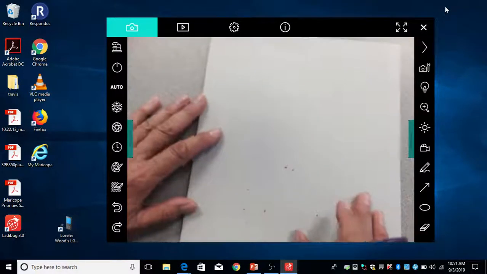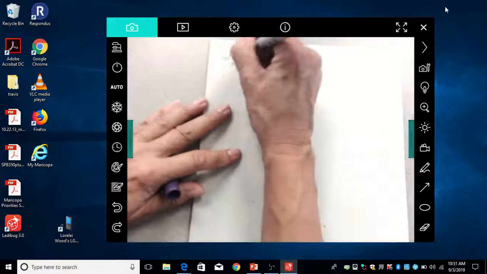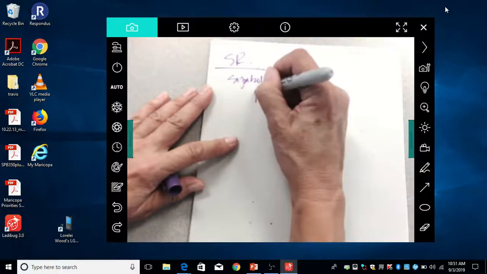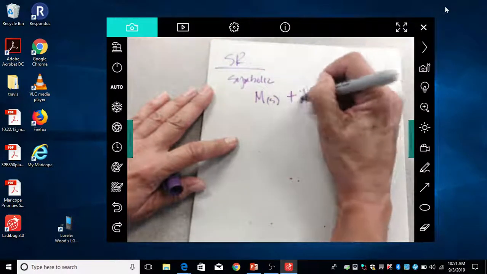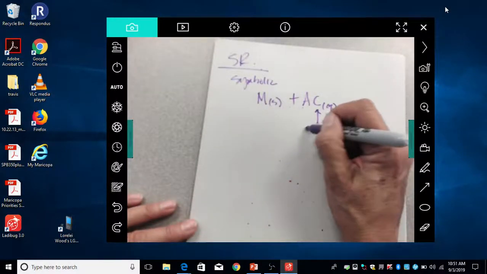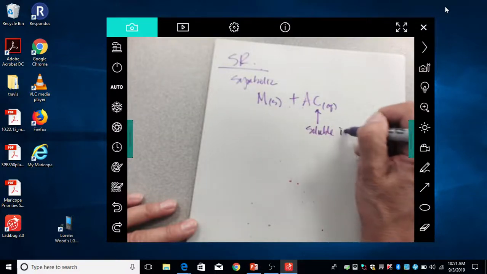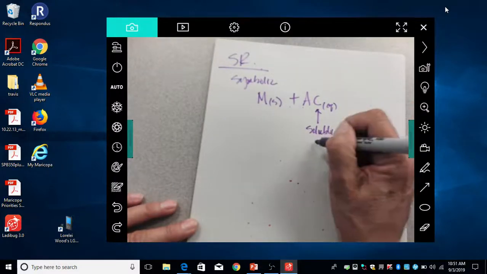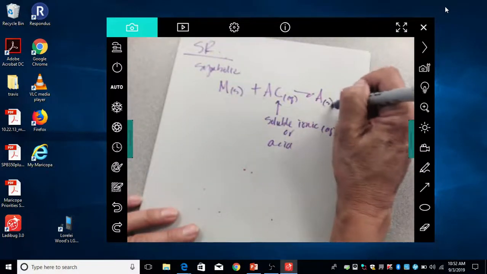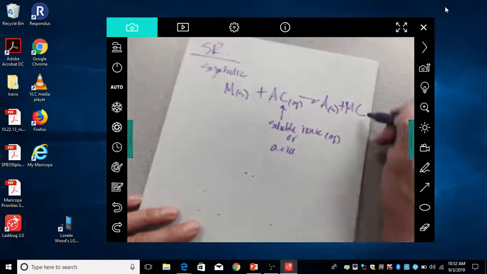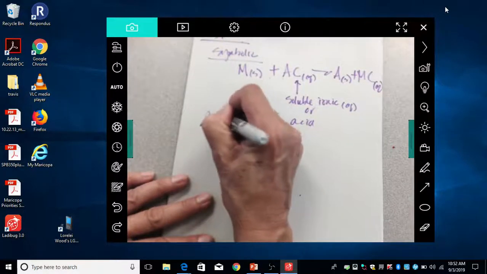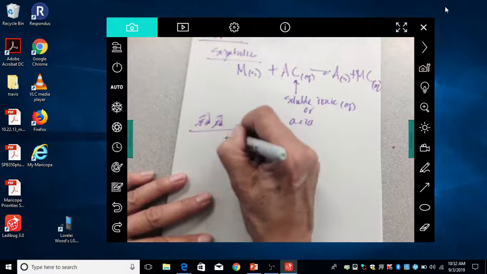Once again, to summarize, single replacement reactions, the symbolic: you start with a metal in solid form, and you put something that's in aqueous solution with it. So it either has to be a soluble ionic aqueous solution or an acid. You form the new metal plus a new aqueous solution. That's the symbolic part of it. What are you going to see? You're going to see a precipitate,